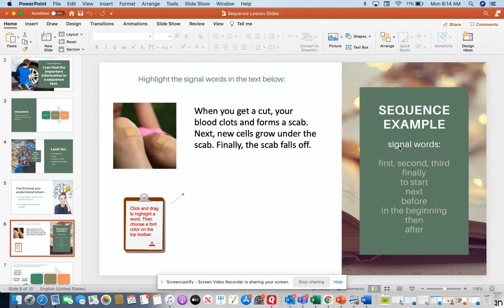Okay, so if you notice, these signal words or these transition words are words that you use in your writing also. When you're writing, even writing a narrative, because in a narrative writing, you are telling a story in order. So in nonfiction, you will see these words in a sequence because it's telling you how to do things in order. All right, so let's look at this little paragraph and see if we can find any of these sequence